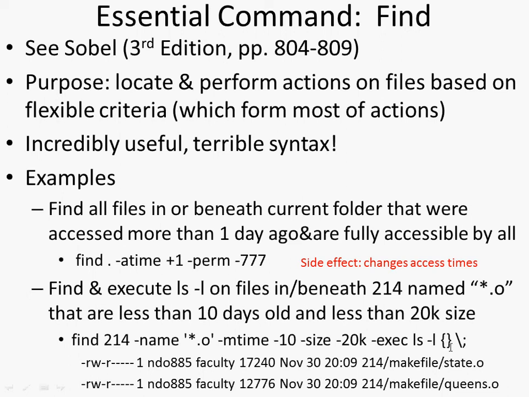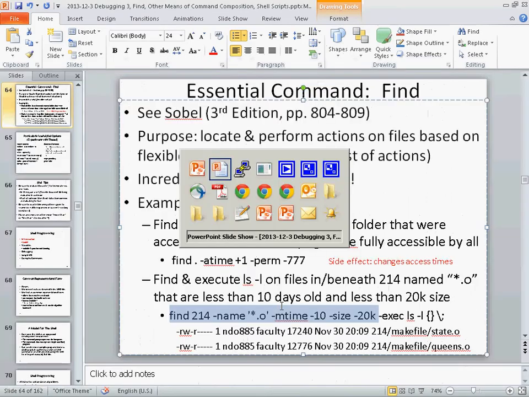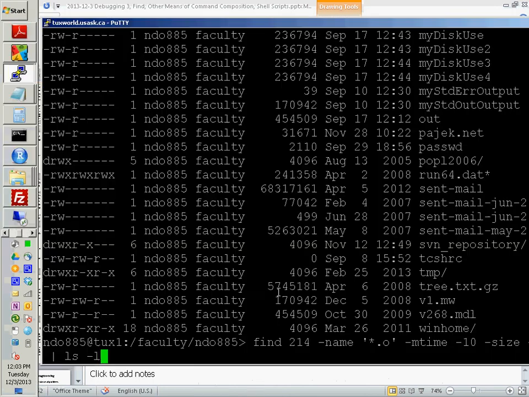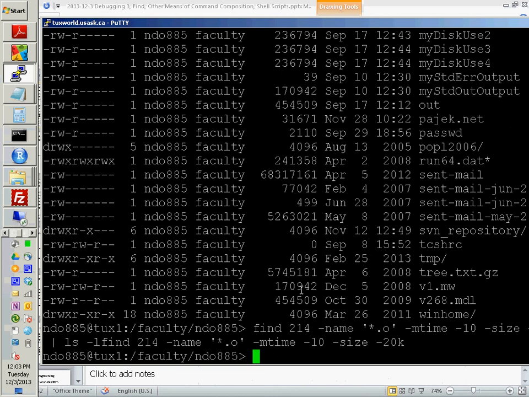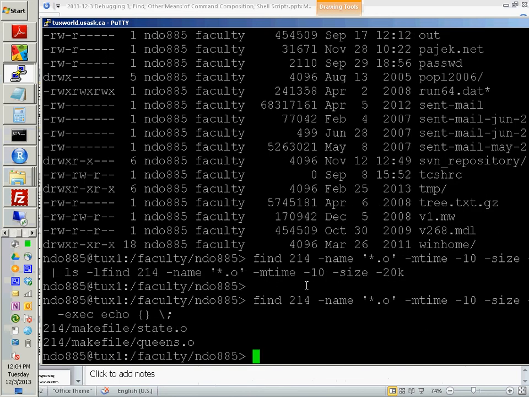So if I had done something instead, like minus exec echo, and I can again quote this, then it will just print out the names of the files. If I wanted to cat them,